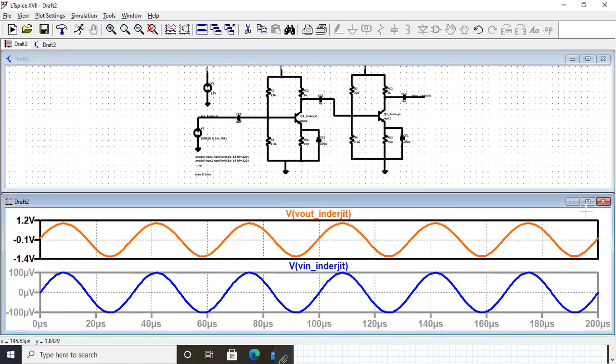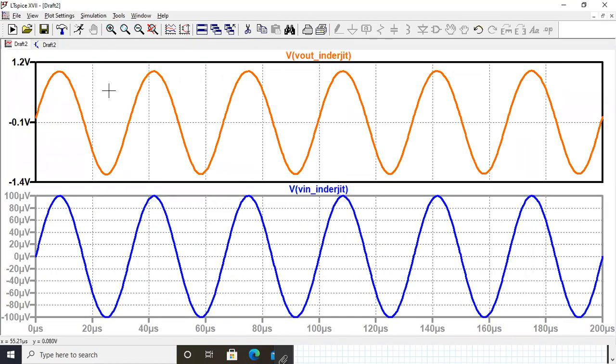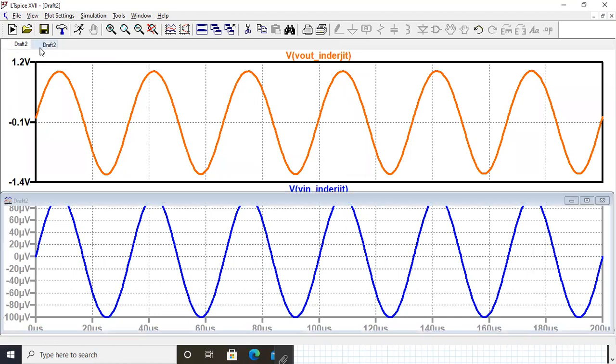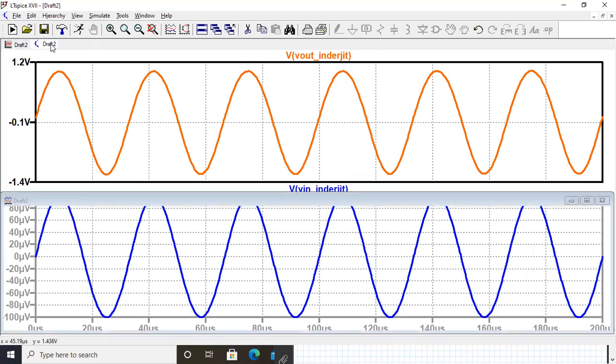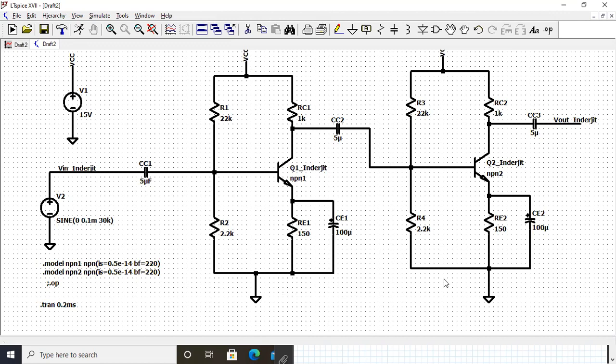Fine. We have given 0.1 millivolt and we are getting this output. Now, determining the peak to peak value is slightly difficult. I mean, not difficult, but its accuracy is the question mark. So we have to be very, very precise. For doing that, let Spice calculate the values for us.